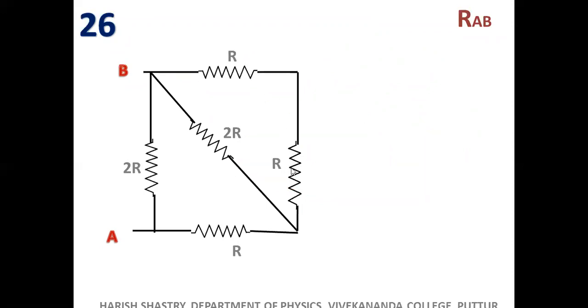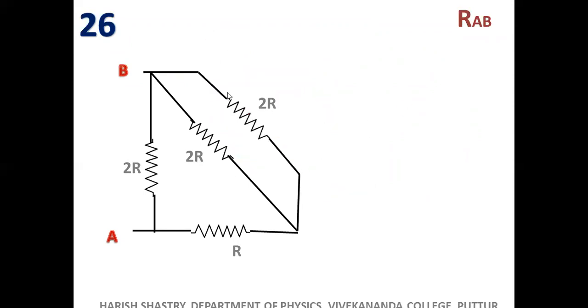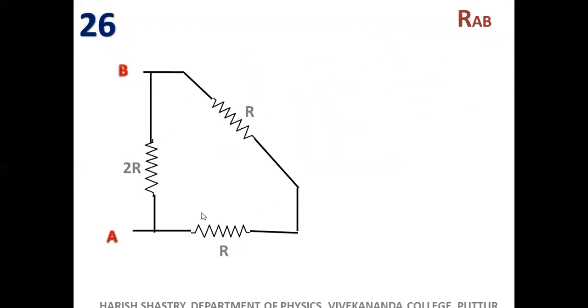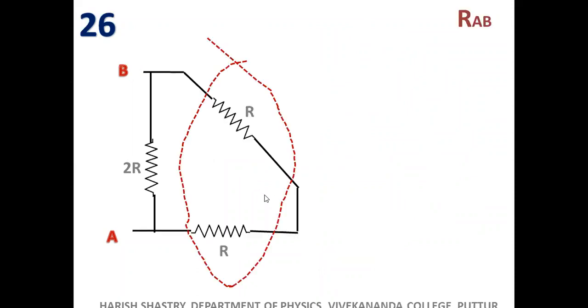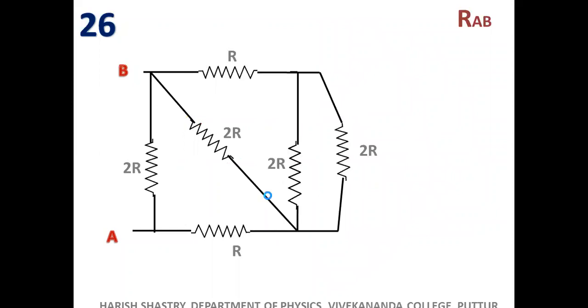Now this R and this R are in series. Again, we got the same type of problem which we had discussed just a few minutes back. R and R series, again 2R, 2R parallel 2R, again R, R series R, again 2R, 2R parallel 2R, that is R. So the final answer is R. Shall we go back and see that once again? See how the circuit was.